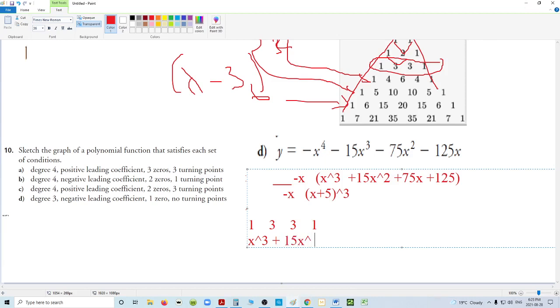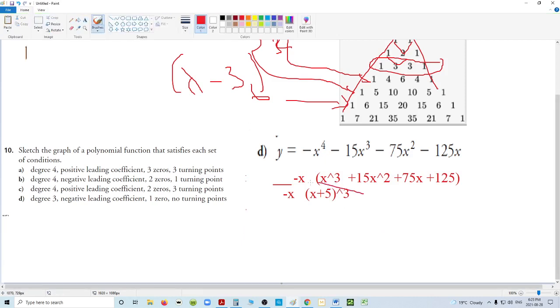And then I've got to put the 3 in the front, and that was x squared, by the way. Then it's going to become 3x, and then it's going to be 5 squared, which is 25. 3 times 25 is 75. And then finally, the last one is simply going to be 5 cubed, which is 125. So you can see that is indeed how you'd use Pascal's triangle if you remember to put the 3 and the 3 in front. So we can indeed see that this is the expansion of it,